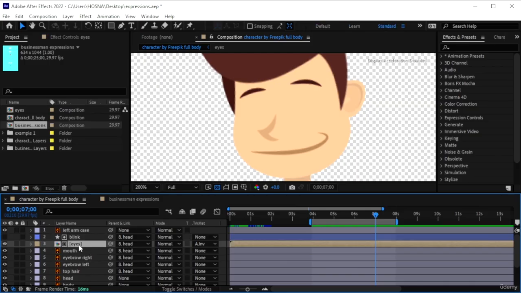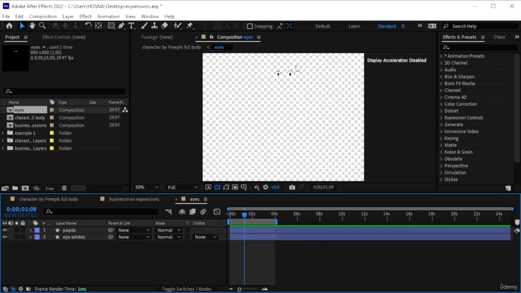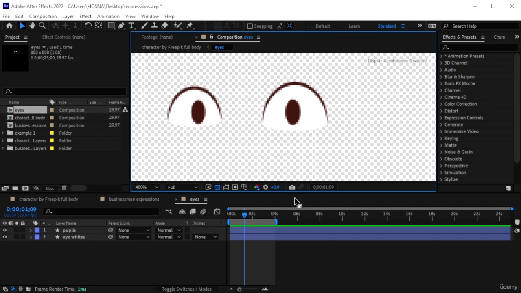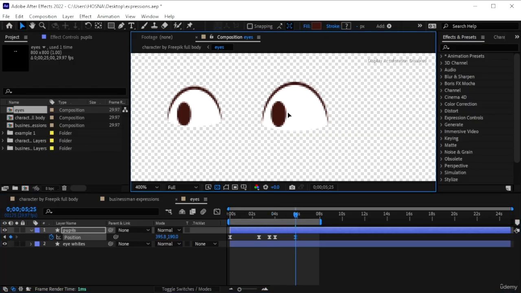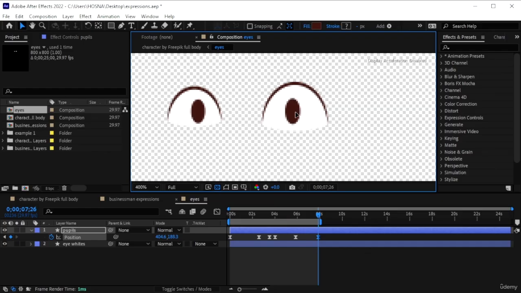In the eyes, we're going to double click because we separated them. Where's the eyes? There it is. Zoom in and hit P on pupils. Just expand this to, I think we stopped at 8 seconds. And then we're going to make a keyframe here. Around 6 seconds, we want the eyes to just be like up here. And then we want them to maybe go down